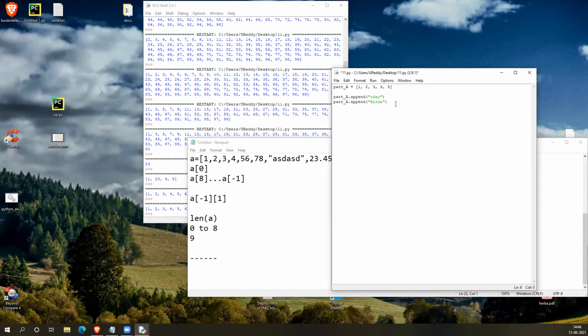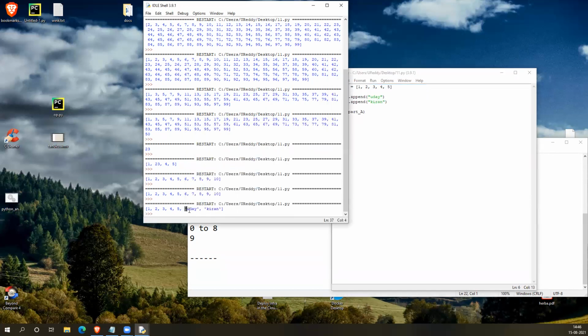Let me print the generated array. When I run this, you can see both these values are appended at the end. So when I use the append function, it will add the element at the end. However many elements you want, you can simply add.